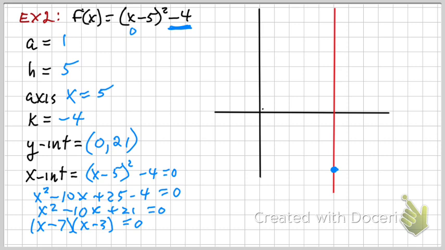So I set each of those to 0. Those are my two x-intercepts. So at 3, 1, 2, 3, at 7,